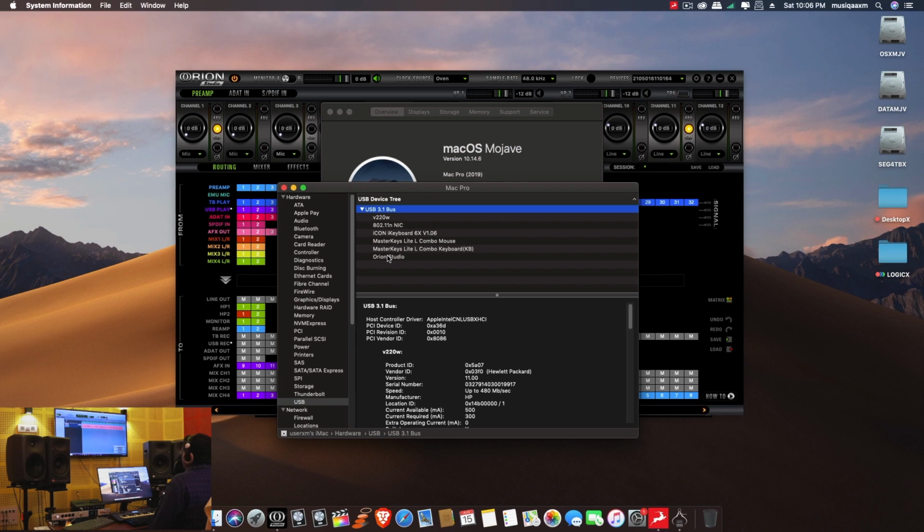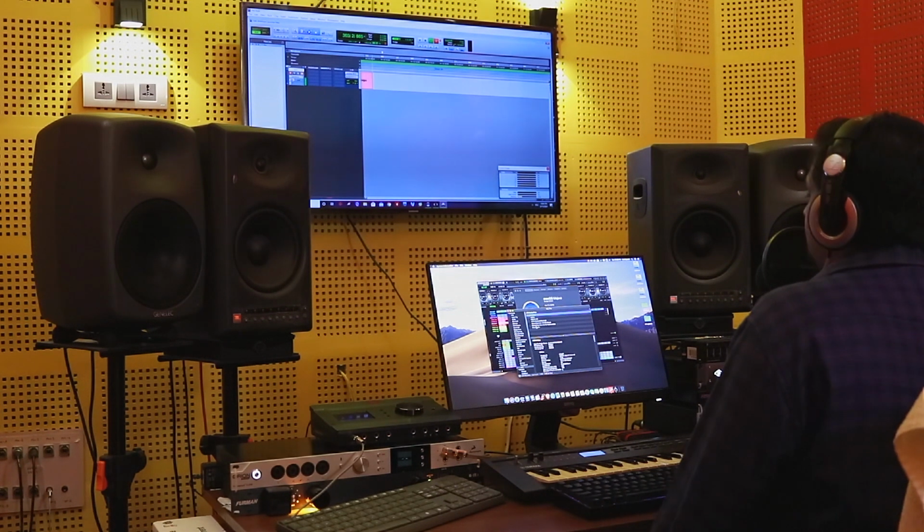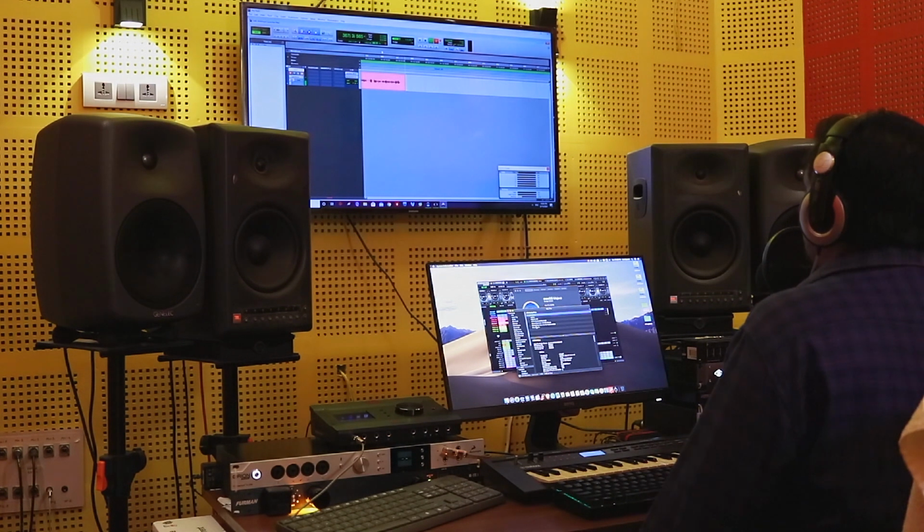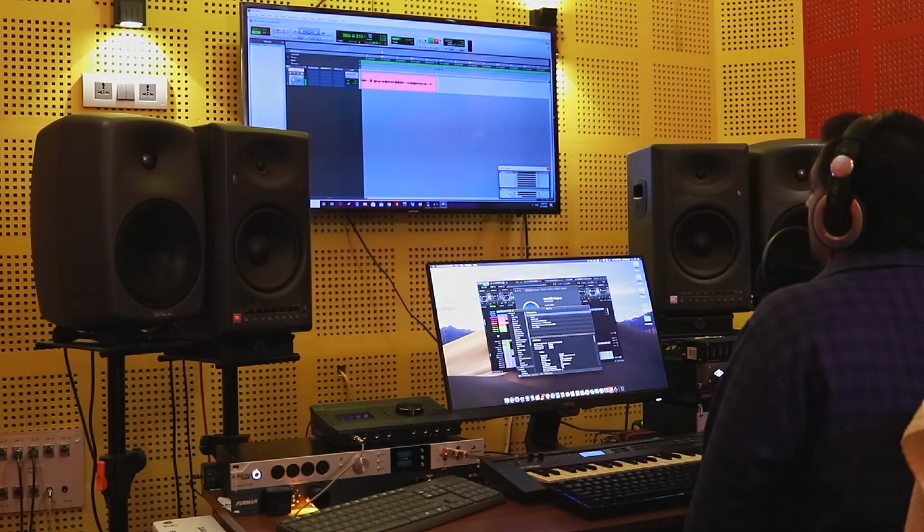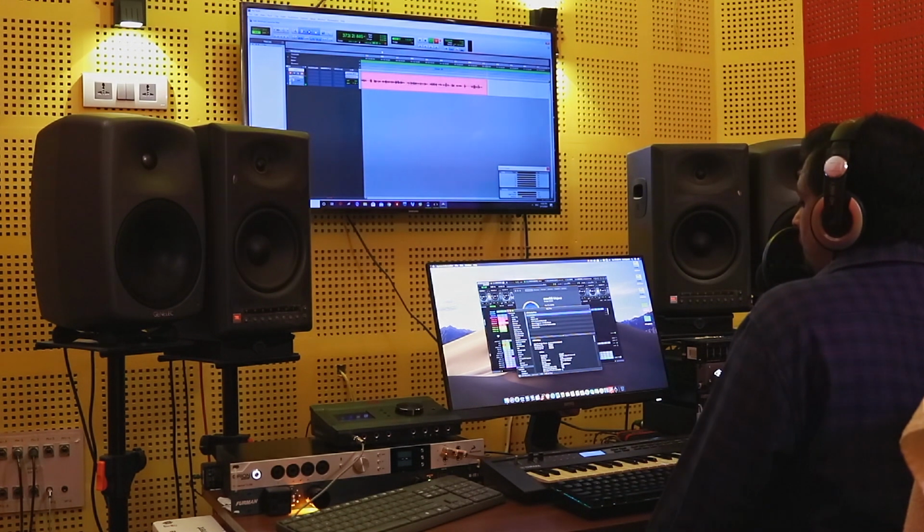So make sure that you purchase a good motherboard having two different USB chipsets. Usually the motherboard chipset will provide some USB ports, and if you have an additional chipset for dedicated USB ports, then it will be very good. So you can connect your Orion Studio to that port. It will provide enough bandwidth for the device, so make sure of that.